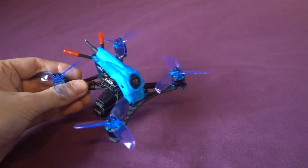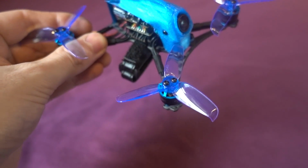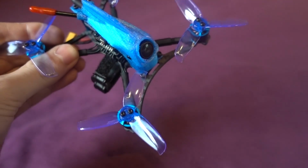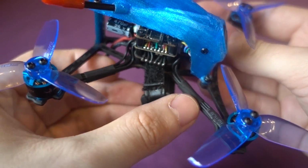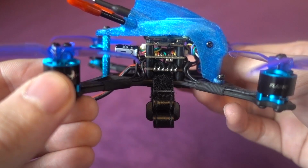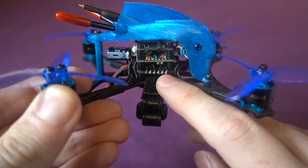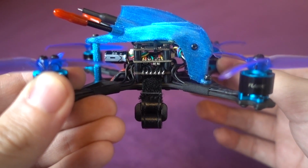The props are the Gemfan 20-50-40 tri-blades, and you are given 2 spares of those in the box. They have used magic tape to tidy up the silicone motor wires, making it a really neat build. The stack is HGLRC's own FD413, which consists of a 16x16 4-in-1 BL Heli S ESC board rated to 13 amps with a 15 amp